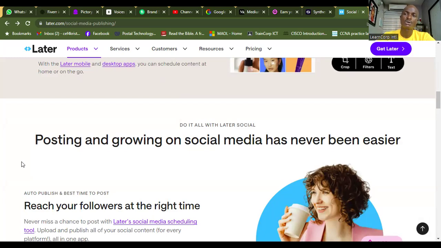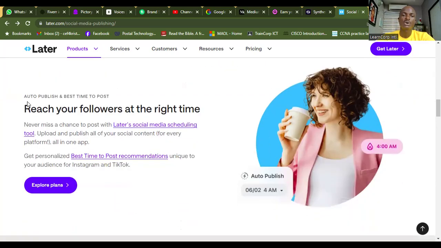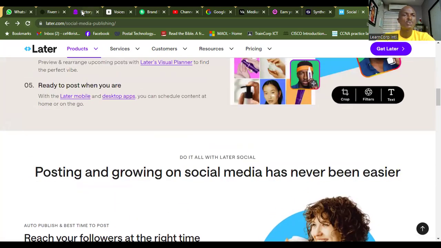I told you that in the conventional way before now, it takes a lot of people to run these ads. It's not something you just do easily. But with this, you can multitask. You can be doing your 9 to 5 job, and this is working for you. While you are busy doing your work in the office, Later.com is uploading your videos and posts out there. If you want to hire someone, they could charge maybe 50 or 100,000 per month to be running your social media ads or platforms. So it saves you a whole lot. All right. So that's what I wanted to show us also.